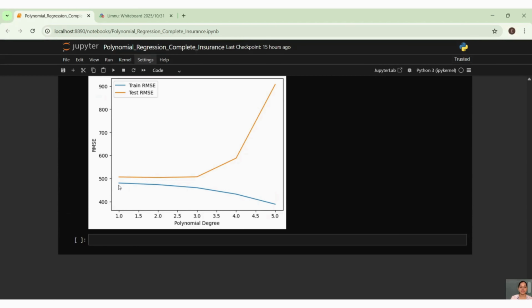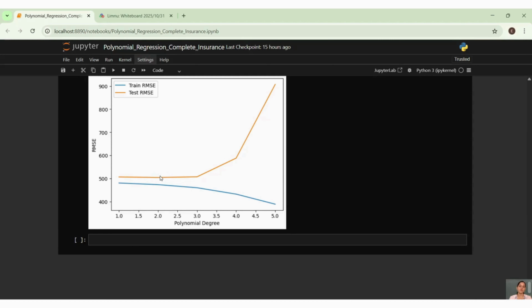I can see the trend that the more degree I take, the less the RMSE. This is your train RMSE. You can see the train RMSE value is decreasing as it takes higher number of degree of polynomial. In case of test RMSE, what exactly is happening?